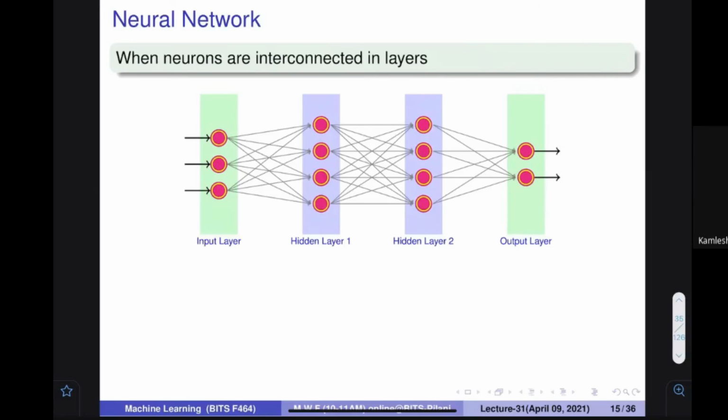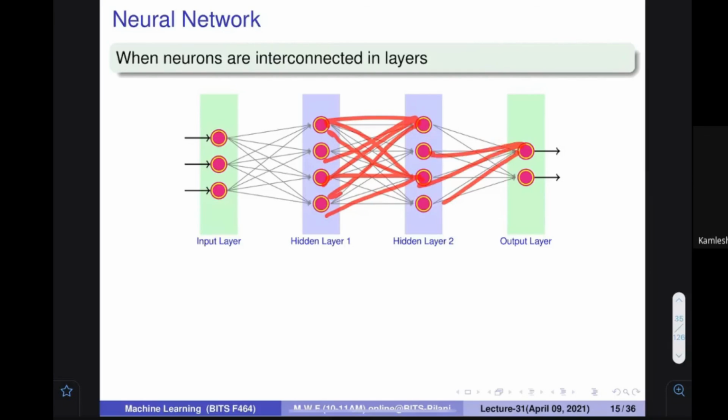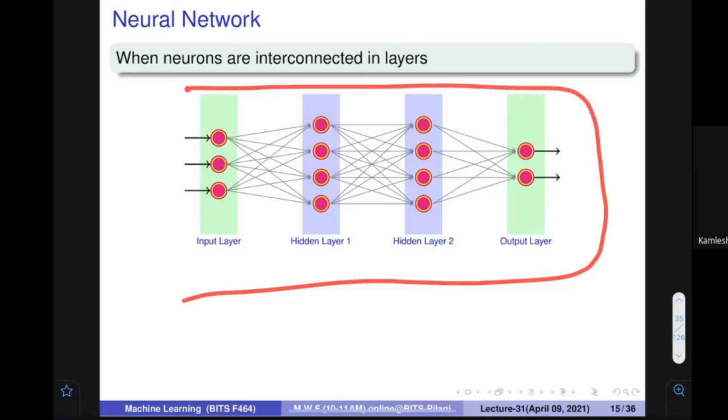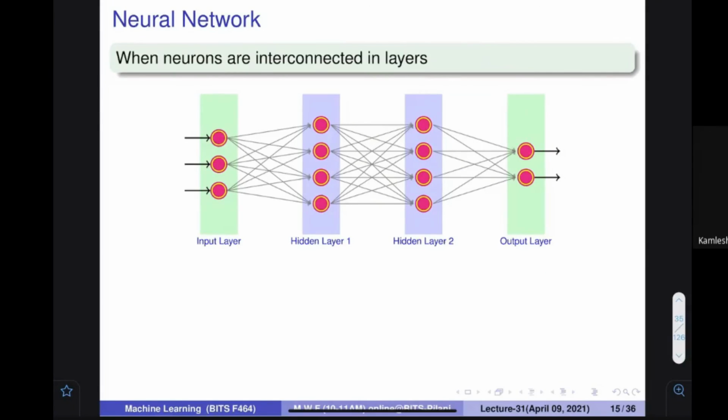When you put the things into layers, one layer's items are completely fully connected with the previous layer. You can see that here everything is connected, here everything is connected over here, and this is not connected to anything over here, as we have done in the previous thing. So this is a network architecture that we are in general going to utilize. Make sense? This is the fully connected network architecture.